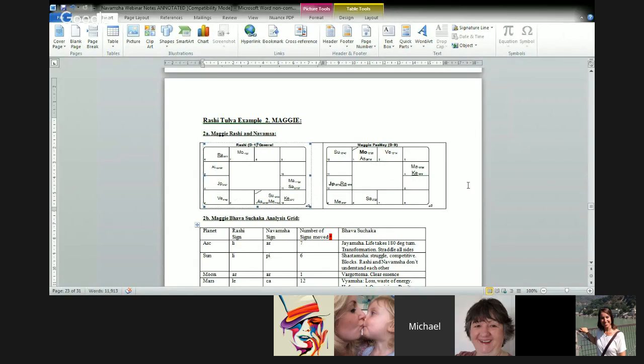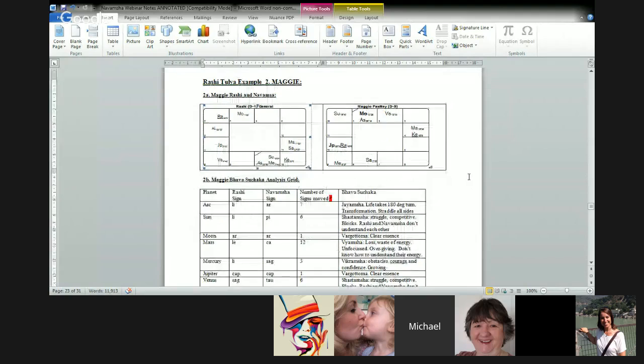So if we look at the Rashi Tulya, the ascendant is in Libra in the birth chart and in Aries in the soul chart, and so it's 180 degrees or Jayamsha, which is said to be very difficult because the person tries to straddle all sides and agree with everyone, loses themselves in expression, and that really does need to be understood and